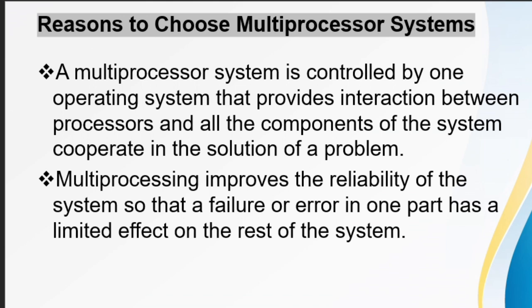So we know multiprocessor systems have multiple brains working together, but how are they organized? Crucially, they are typically managed by one operating system. Think of the OS as the conductor of an orchestra, ensuring all the processors and other components work together harmoniously to solve the problem. The single OS provides the communication pathways and manages the resources, making sure everyone plays their